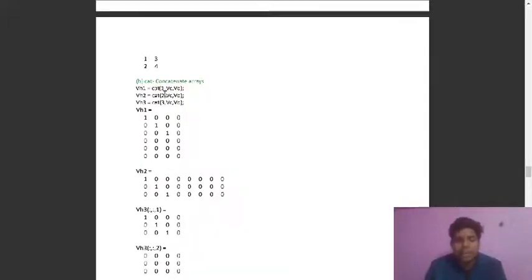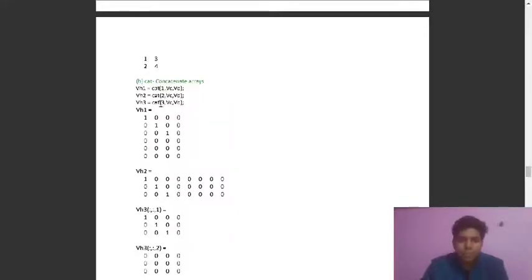We can concatenate two arrays in three forms: row to row, column to column, and third is 3 dimensional, like in 3D.